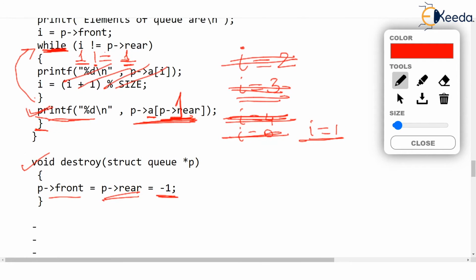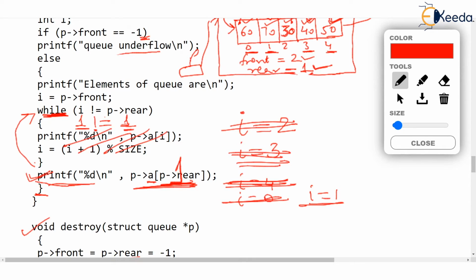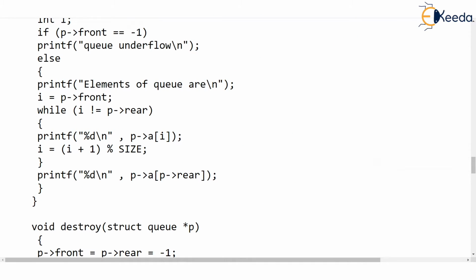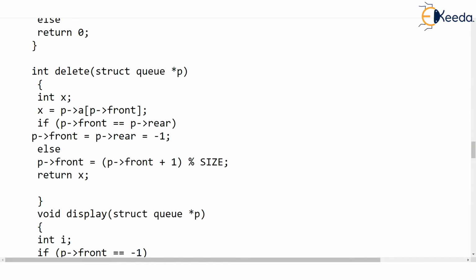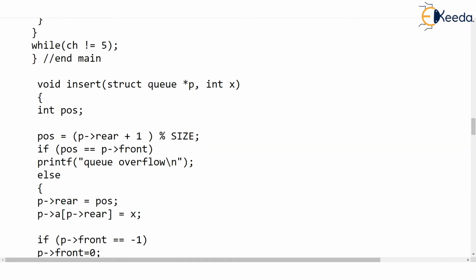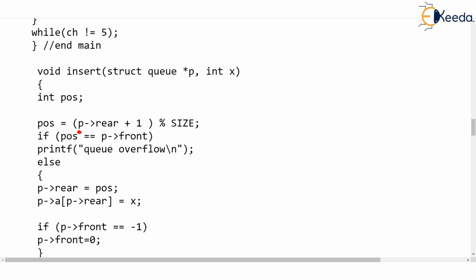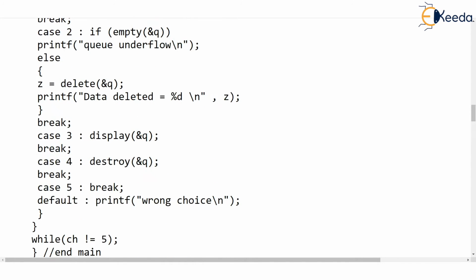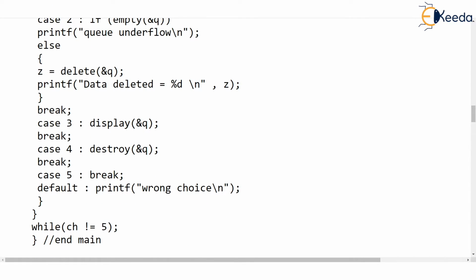Okay, so you saw one thing, that in this entire programming of circular queue, which I hope that you found interesting, we have made use of the percent operator. Percent operator was used in display function. In delete function, we saw how front is incremented by using percent operator, and even in insert we saw how position was decided using percent operator. By the way, main program has that menu, and option 4 is for destroy, option 3 is for display, option 5 is exit, and that's it. That's main.